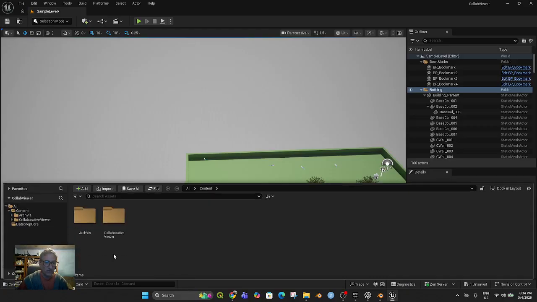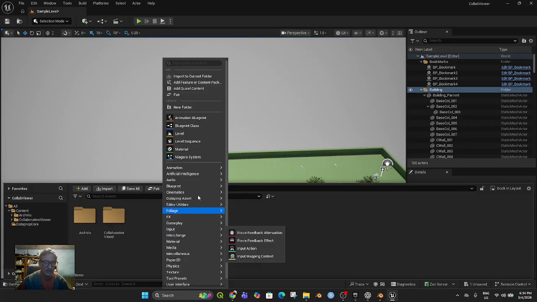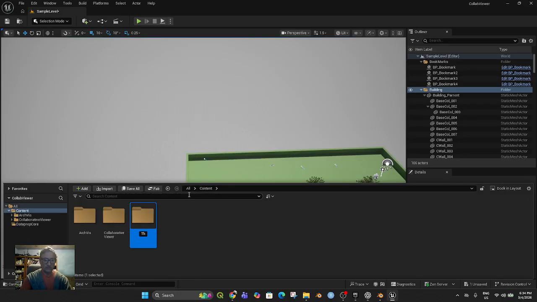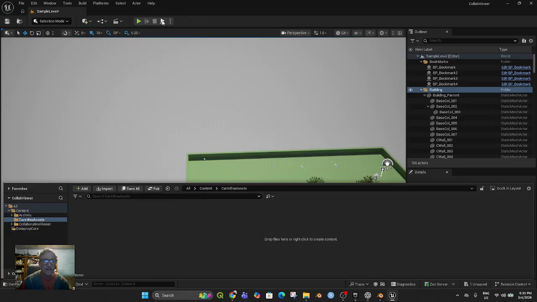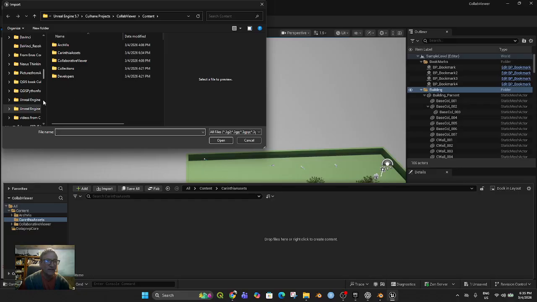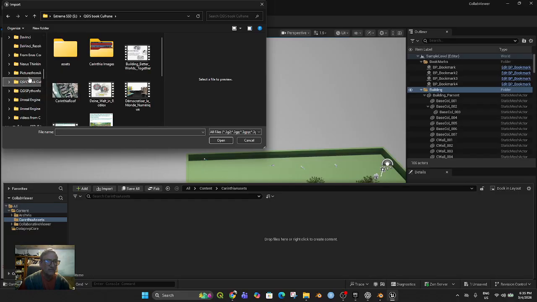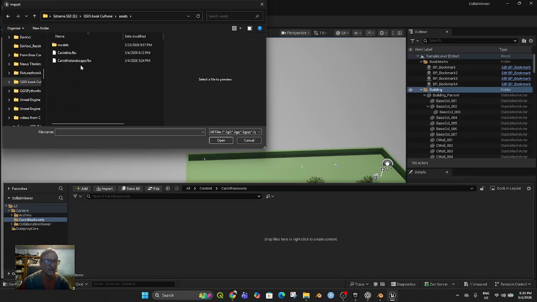You go to the content drawer, and let's say that we make a new folder, and we call this Corinthia assets. And why does it not like it? It doesn't like something I put in here. Why does it not like anything that has a space in front? So in here, then you should be able to import to the current folder. And when we go in and find our QGIS assets, and we take Corinthia landscape and the FBX,